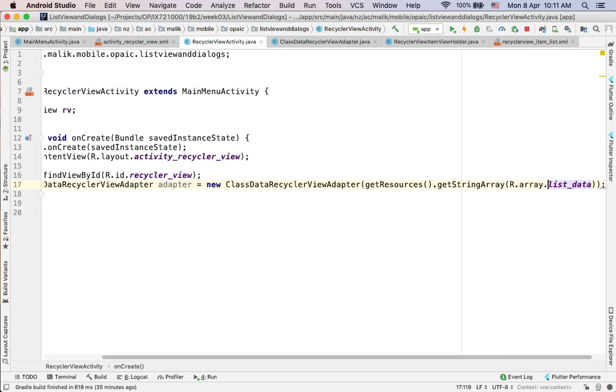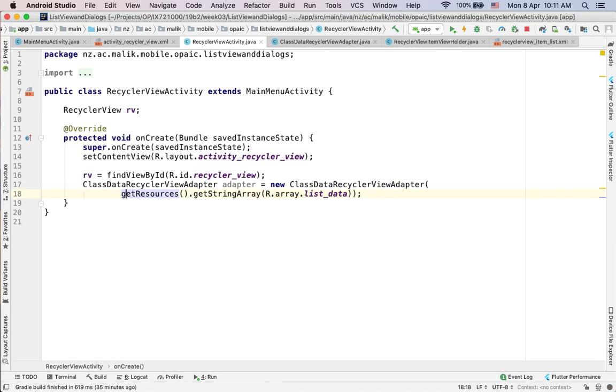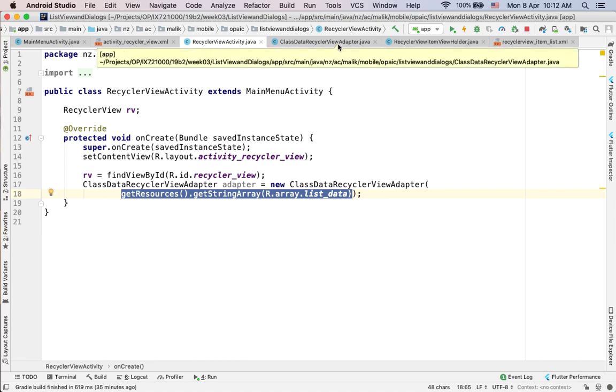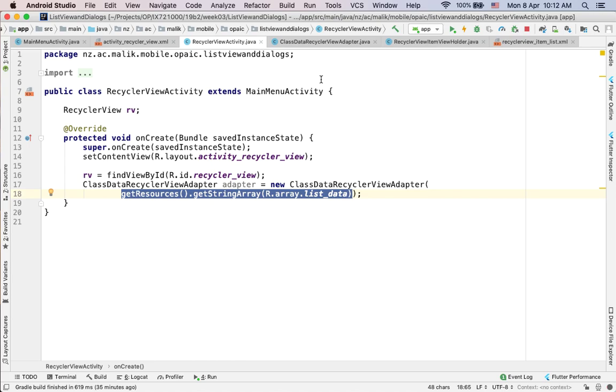So actually what will happen here, it will take that particular string array and pass it into the constructor of this particular Recyclerview adapter. So it will set that particular data part. Once it has set, we can simply say that